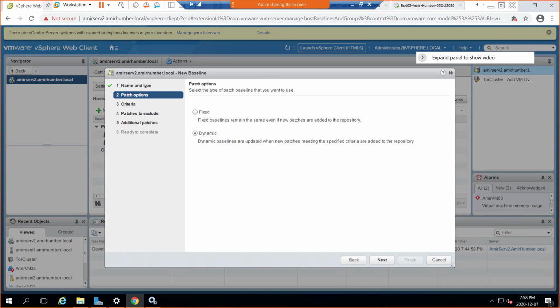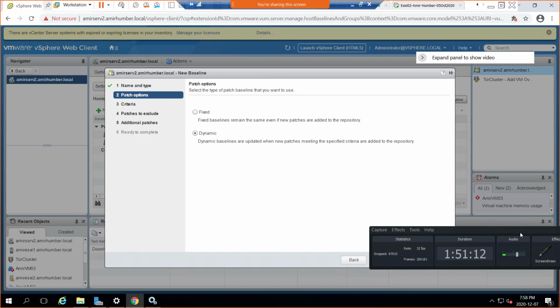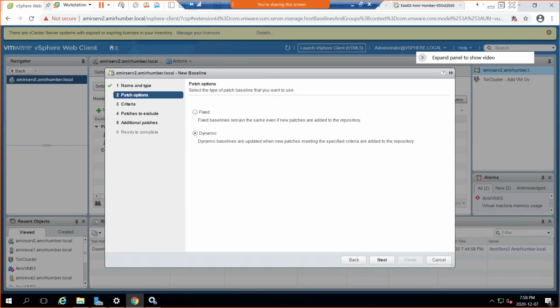What are those? Fixed patches and dynamic patches have their uses as well. If you deployed a patch, or a small piece of software, and you selected the fixed option, then whenever a newer version comes, suppose you installed a patch today and after 6 months a newer version of the same patch comes, it will install the newer version as well, and it will keep the older version.